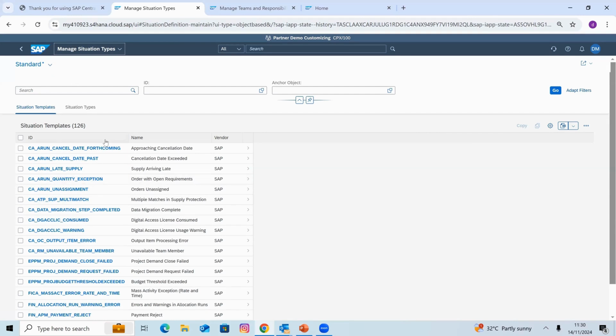This is in S/4HANA; these are the situation handling templates we have. We have approaching cancellation dates, which notifies you when there's an approaching cancellation date.